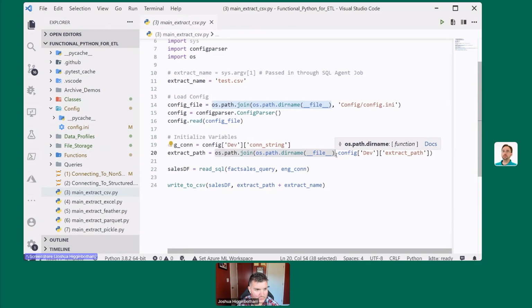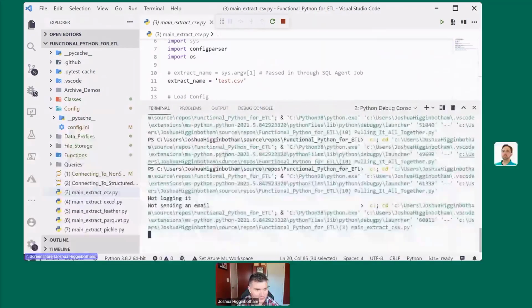This is not required to be used while you're running this locally, but it does come into play when you deploy this to another system where the working directory is going to be different from where you're running this currently. So by passing in this os.path.join function ahead of our configuration,